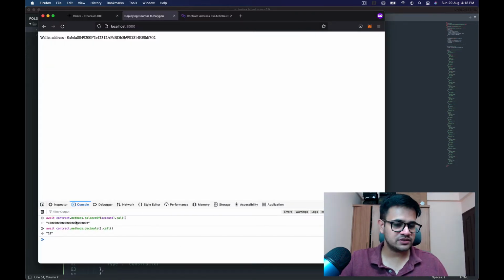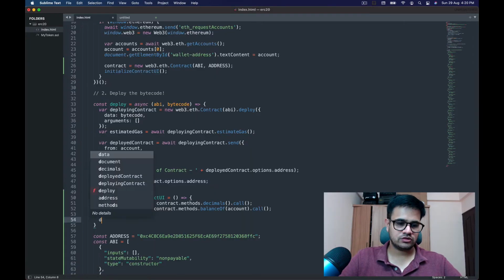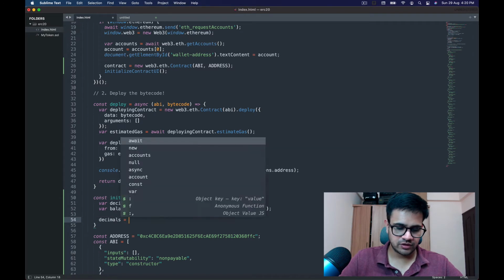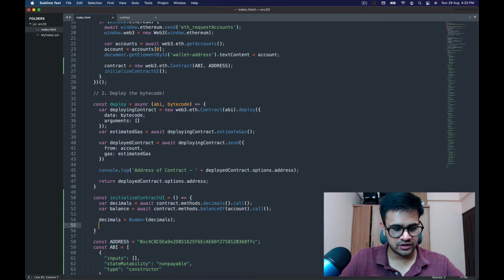So this will return us the balance. Now one thing that you'll see is that both these provide us with a string instead of a number. So how do we convert this big string into a number and use mathematics around it? To convert these to numbers, we'll just wrap them in Number so that they are no longer strings.